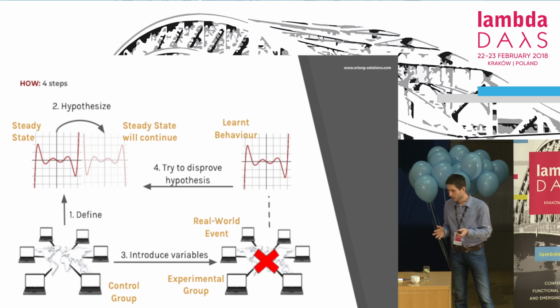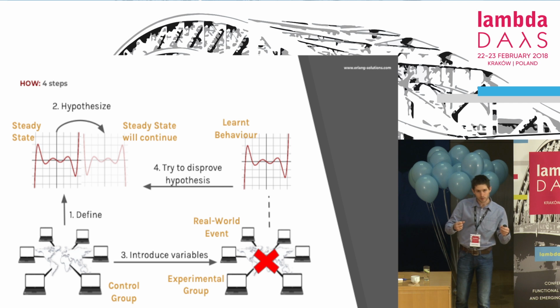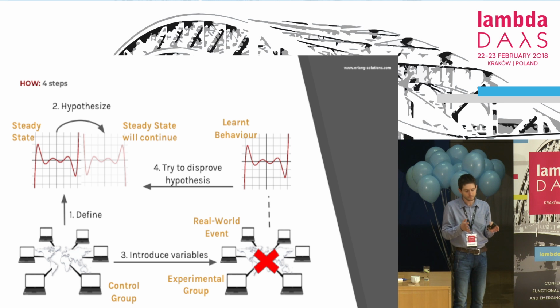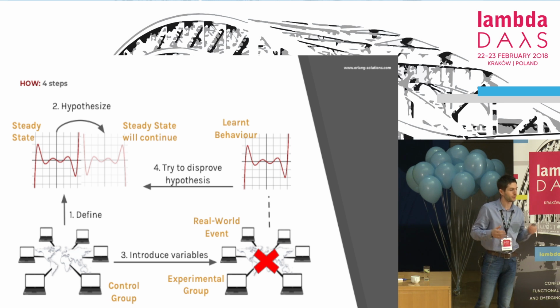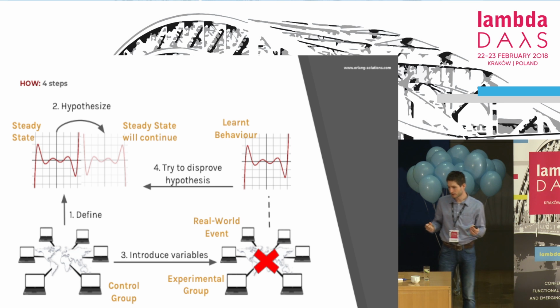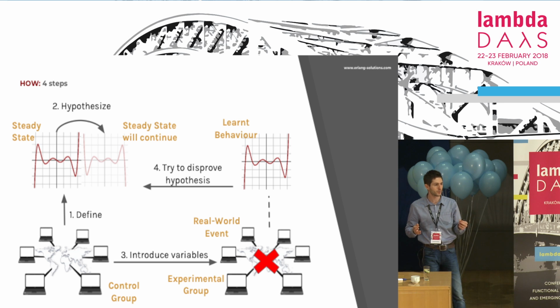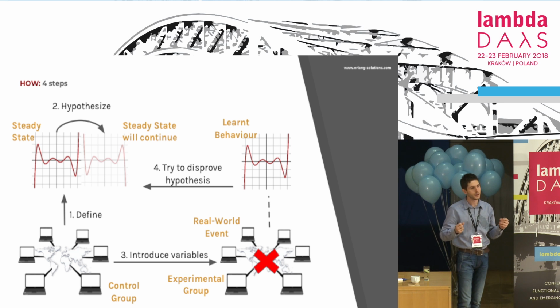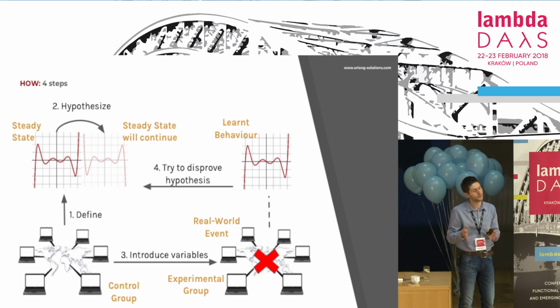And once we introduce them, we can learn something about the system. Either we can learn that it's not able to cope with the failure that we are introducing, or it did it well. And the last step is to try to disprove the hypothesis by comparing the steady state with the